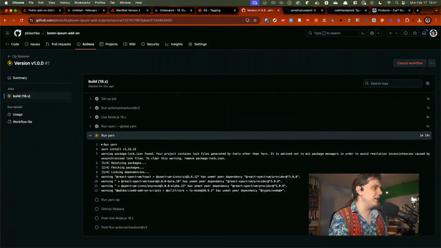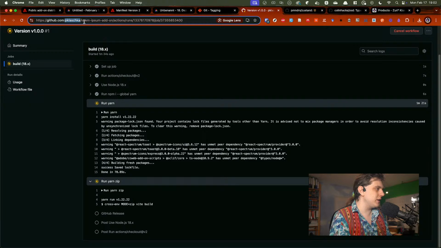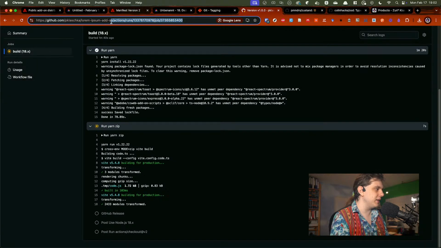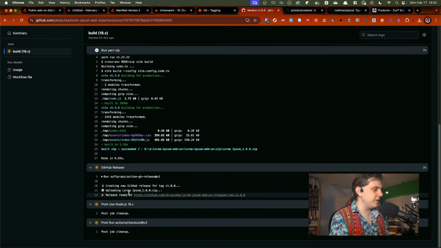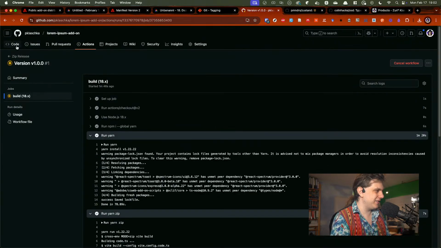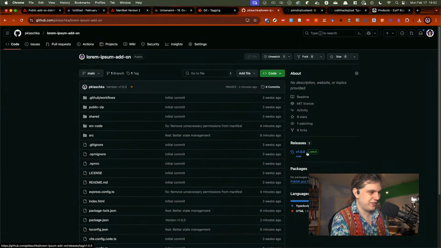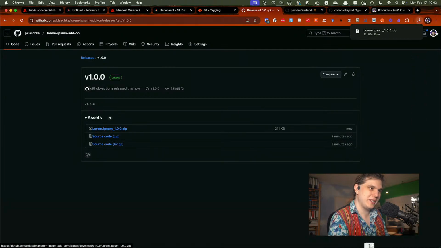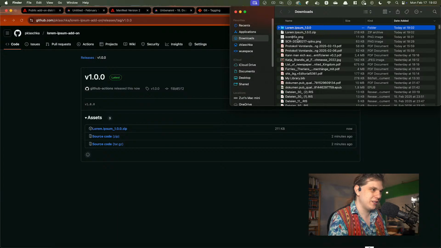Sorry, I didn't share my screen just now, but yeah, you can see it here. pklaschka/lorem ipsum add-on, and you can just omit this part. As you can see, it currently creates a GitHub release. So let's see. Yeah, we have our GitHub release,